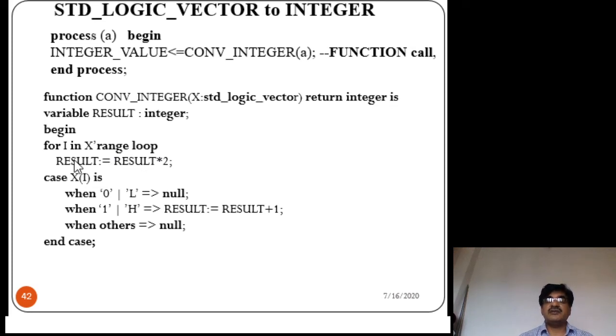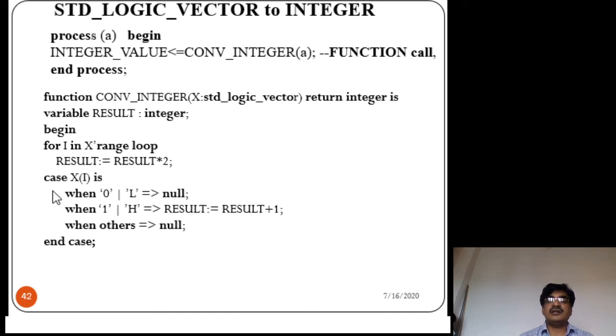What is the initial value of result now? It is 0. It is 0 because the result is declared as an integer. So the first value of the result is 0.